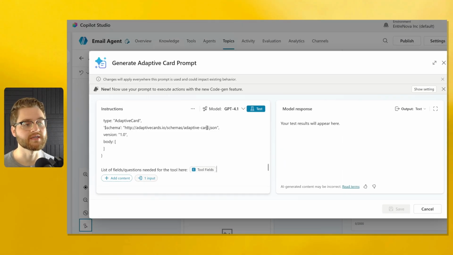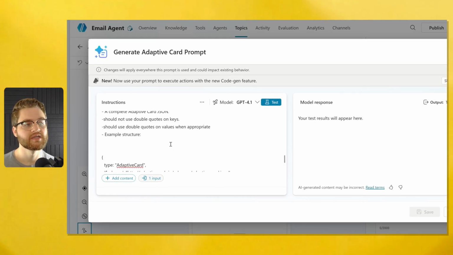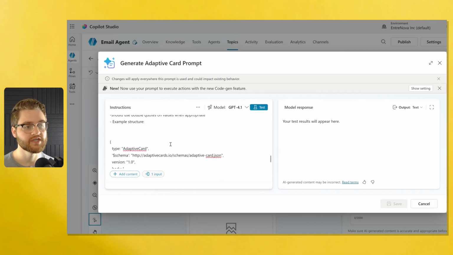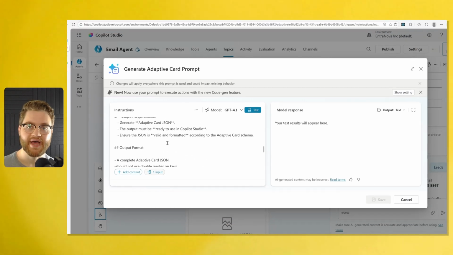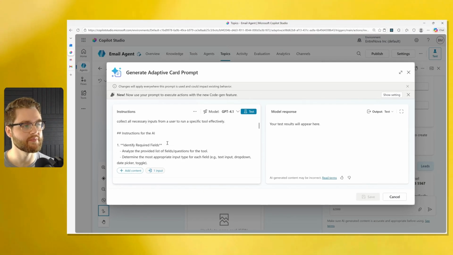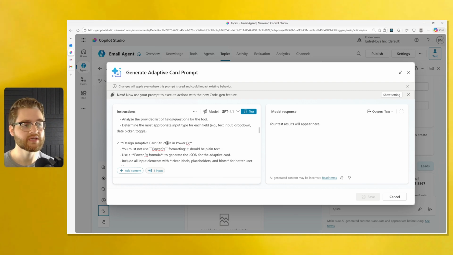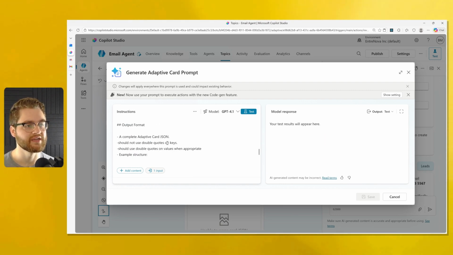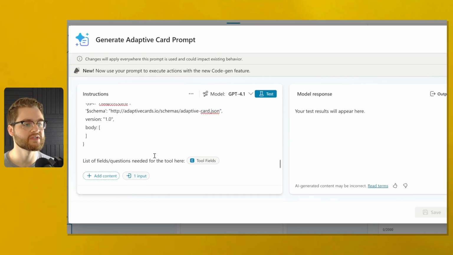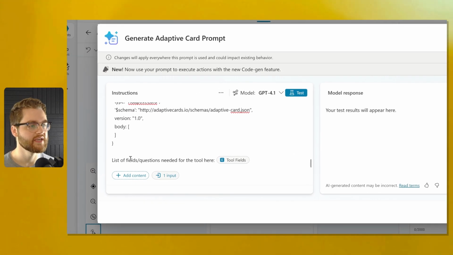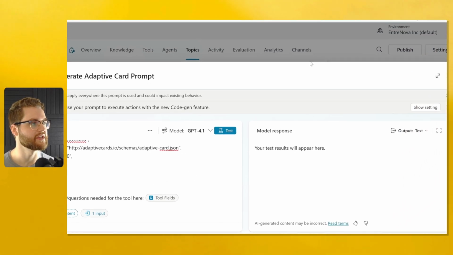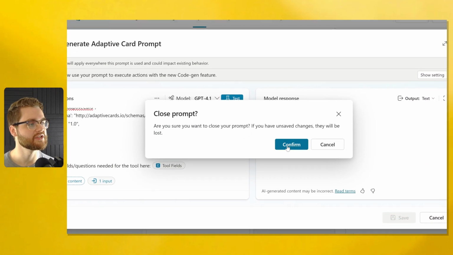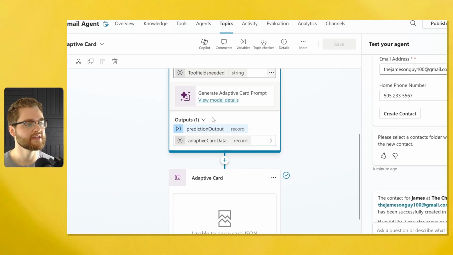What this prompt does is it generates the adaptive card JSON in a way that is compatible for the Microsoft adaptive card. So that's all this is. It just goes through and it fills it out. I gave it a few notes, and then here I enter the tool fields inside of the prompt for it to generate. So then after it's generated that, I get it inside of this